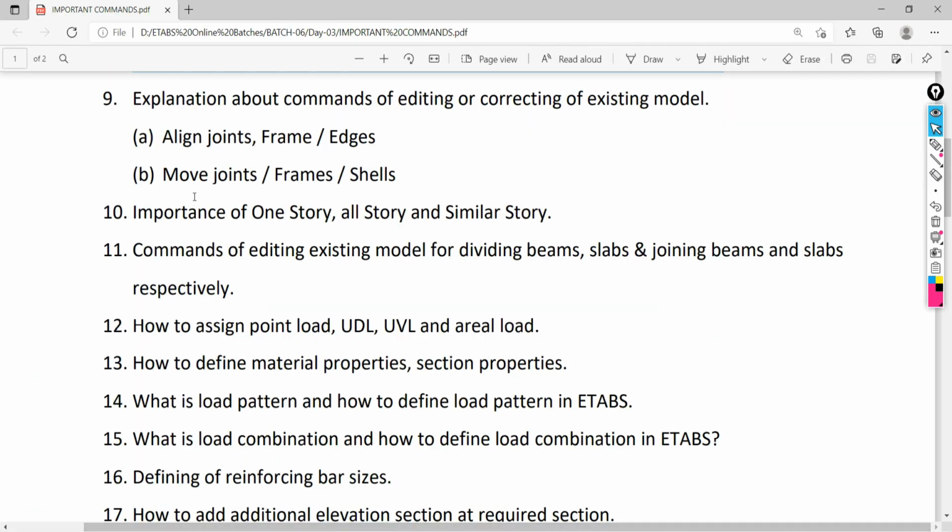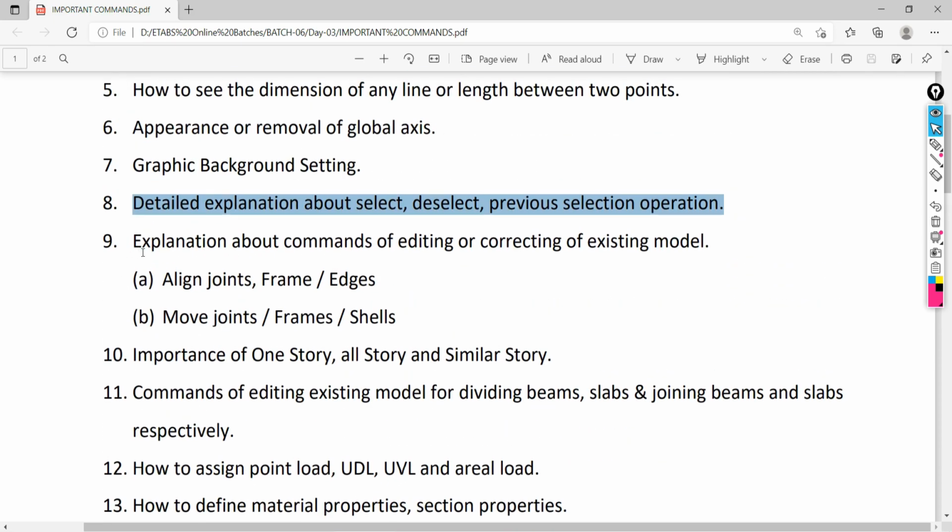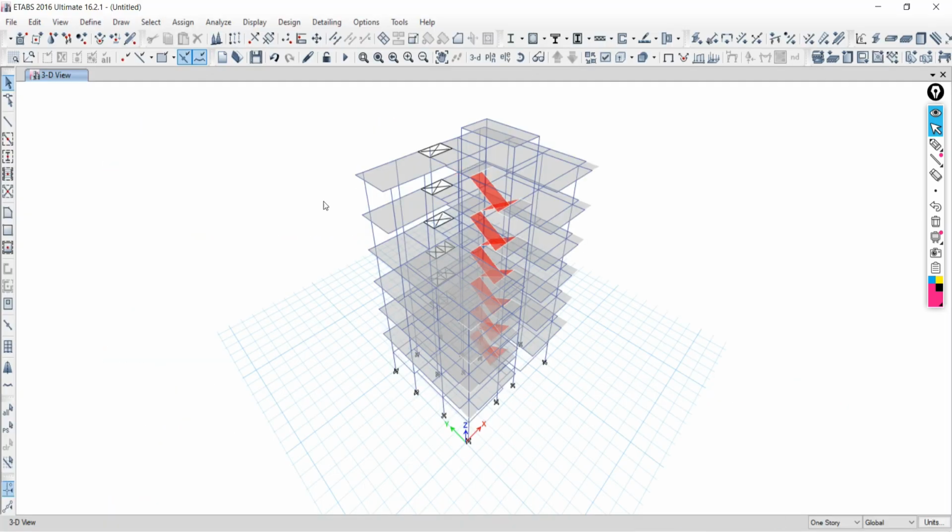What next point is there? Explanation about the commands of editing or correcting of existing model. Okay, very interesting. Looking back to the tabs, see, sometimes what happens, by mistake, suppose